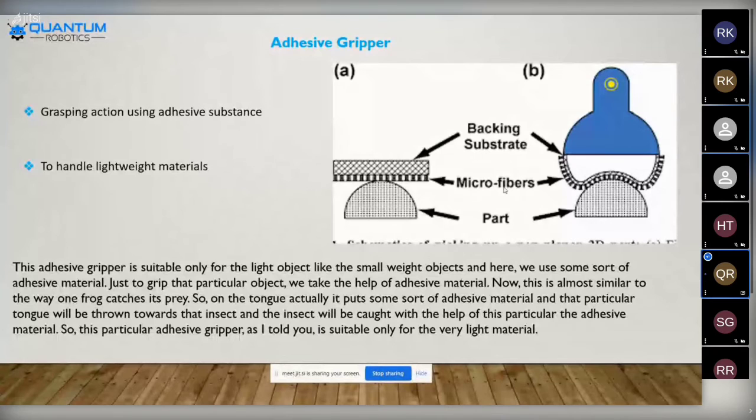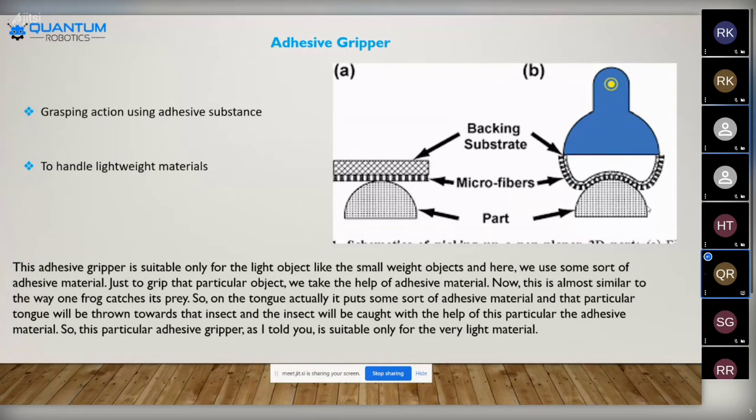The adhesive gripper is also used for lightweight things. It is small, like our hand, like a small kid's hand. Smaller objects like gems, or whatever the thing may be, should be in a smaller amount, and that smaller amount is lifted from one place to another.